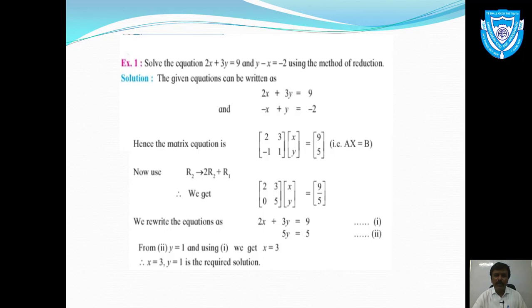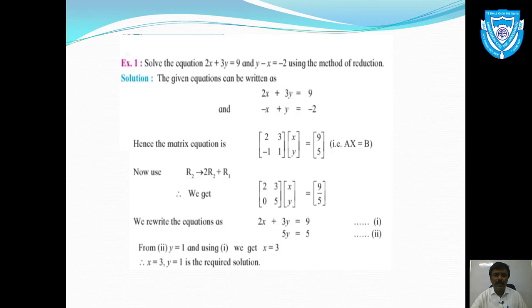Now we will perform some operations on this matrix until we get all the elements below the diagonal as zeros. इसका मतलब ये है, यहाँ पे देखो, डायगोनल एलिमेंट्स, you can observe that. So this is the diagonal of the matrix. और रिडक्शन मेथड में मेरा टारगेट क्या है, इस डायगोनल के नीचे वाले जो एलिमेंट्स हैं, there is only one element, वहां पे जीरो लाना है by performing the elementary row operations. एलिमेंट्री रो ऑपरेशंस परफॉर्म करके हमें द एलिमेंट बिलो द डायगोनल, इस डायगोनल के नीचे वाला जो एलिमेंट है, वहाँ हमें जीरो लाना है.